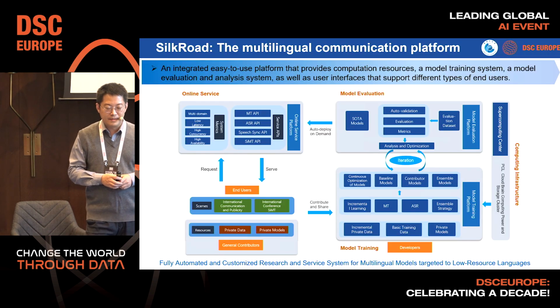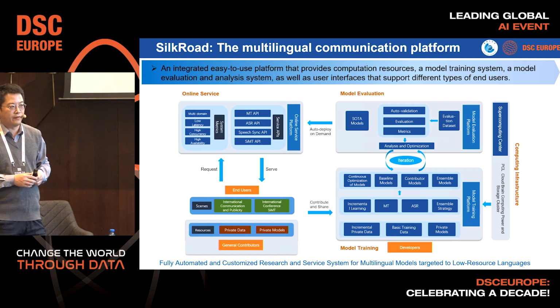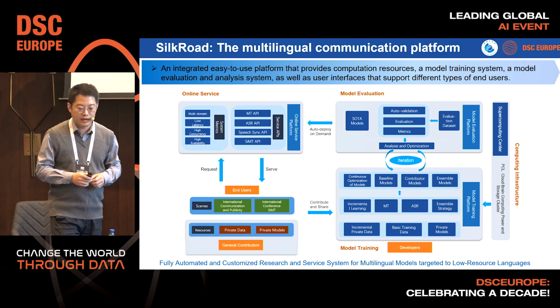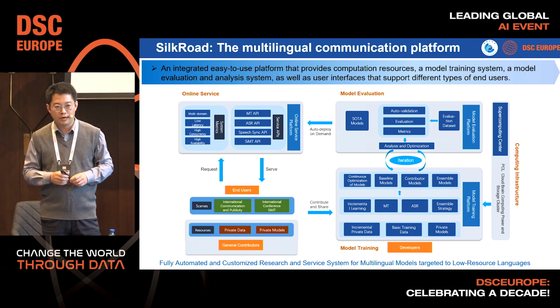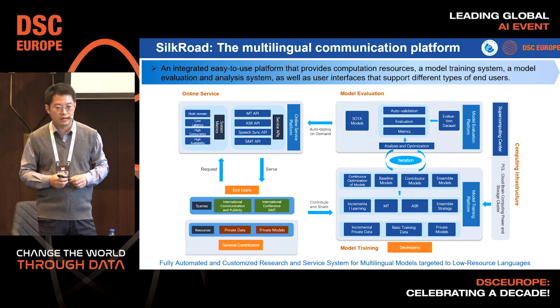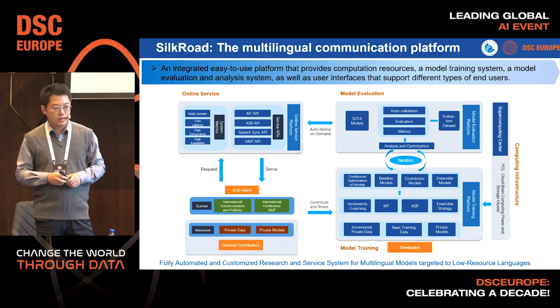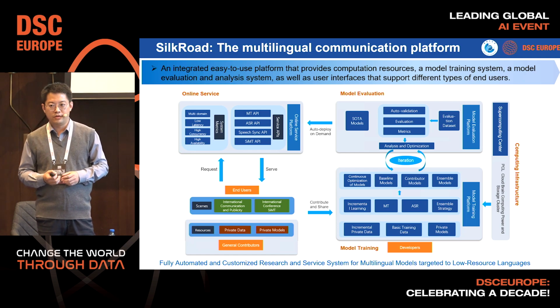Okay, this is a deeper architecture of our platform. You can see there are several components, like the online service component, the model evaluation, the model training component, the computing facilities, and also the user side. So for us computer scientists, we can upload our model and use the data provided by the platform to